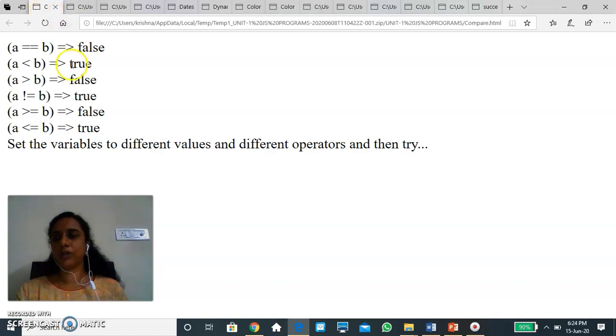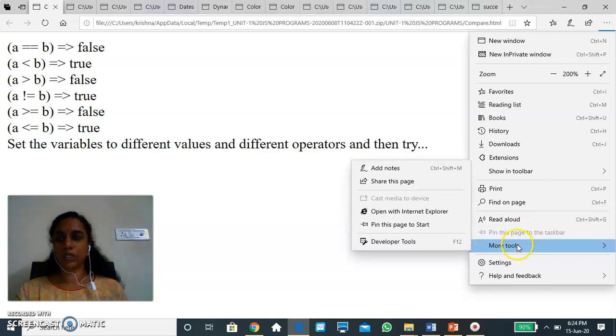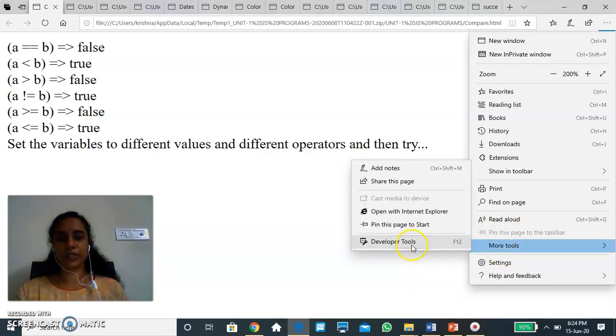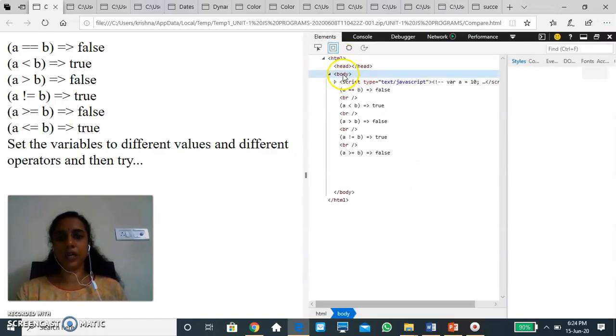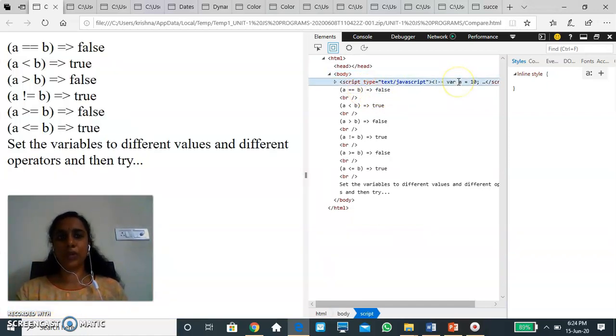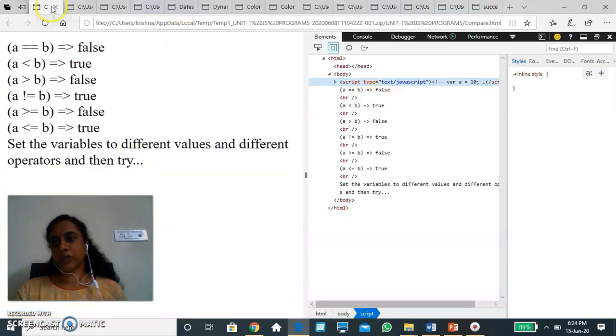And now here is a small program which tells you about the various logical operators and comparison operators that we see. Here you can see the various operators that you have. a double equal to b is always false. So you give some values, a is 10 and b is 20, and you compare a double equal to b, and it returns false because they are not equal.